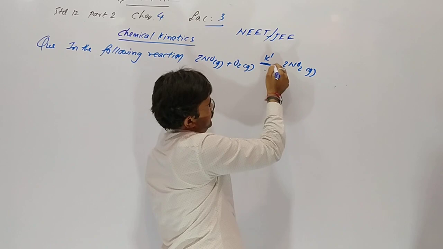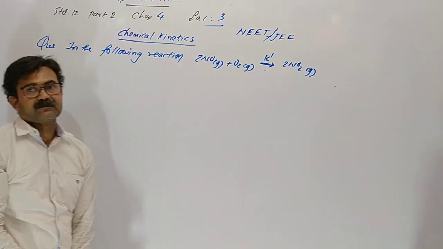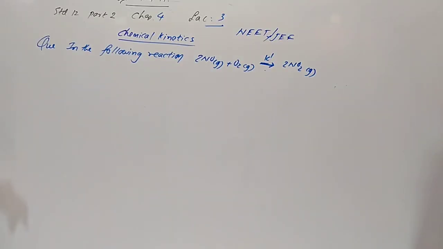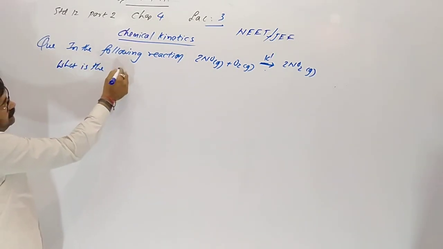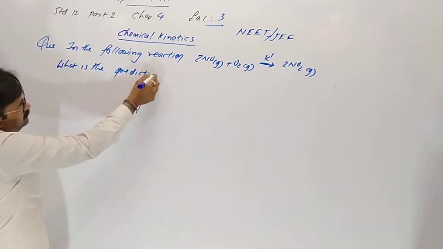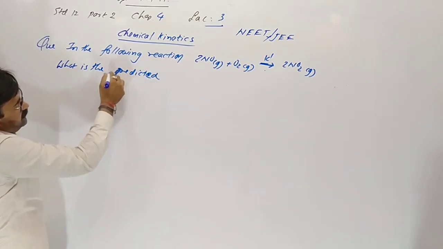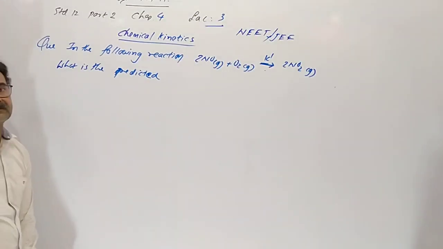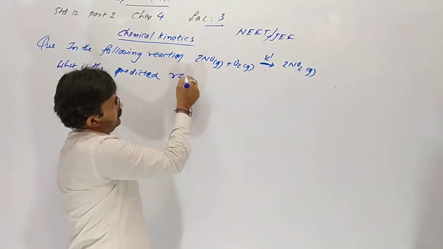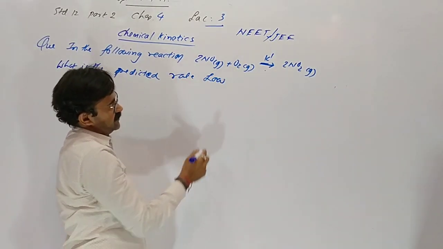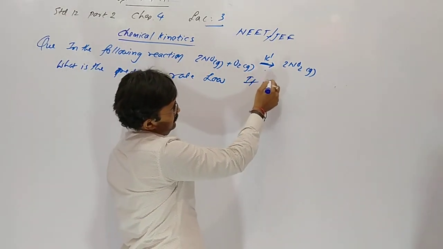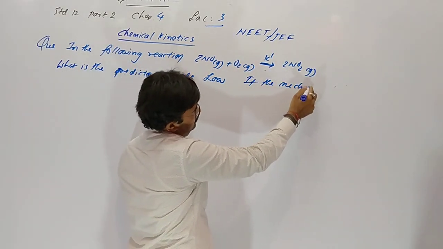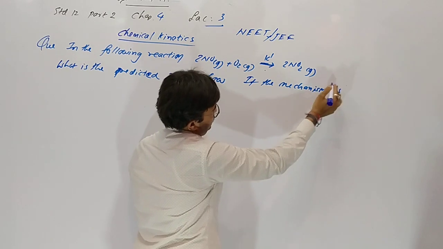K dash is given here. What is the predicted rate law? Same question. Rate law, if the mechanism is